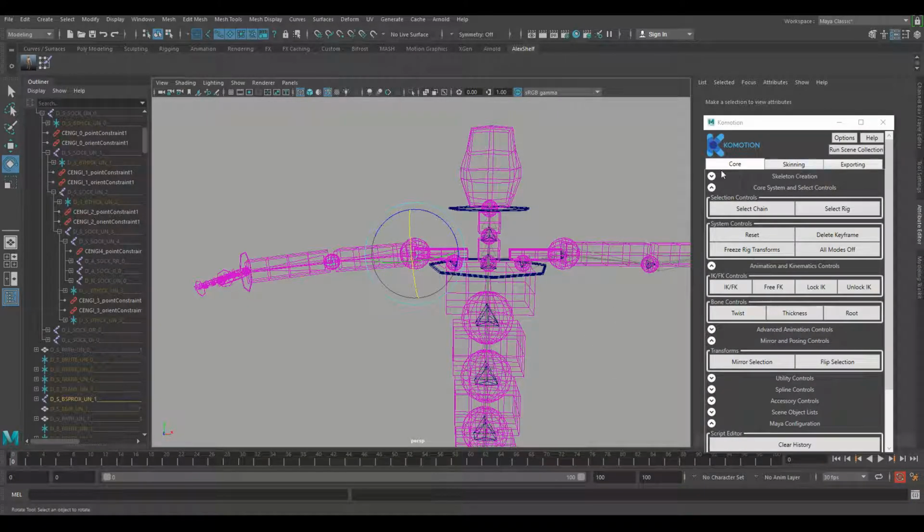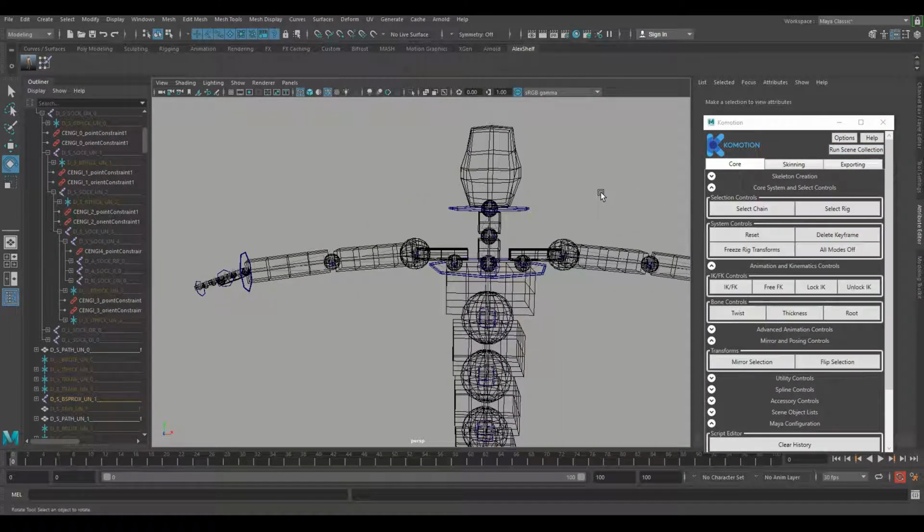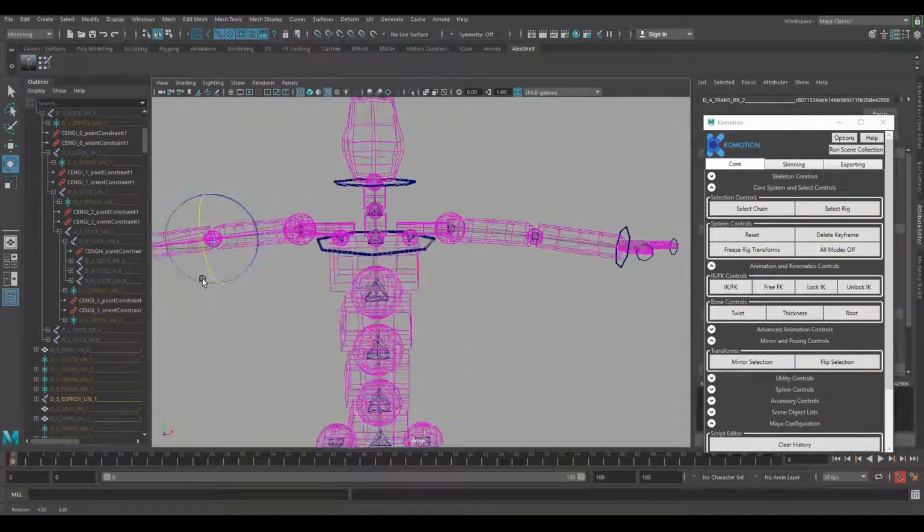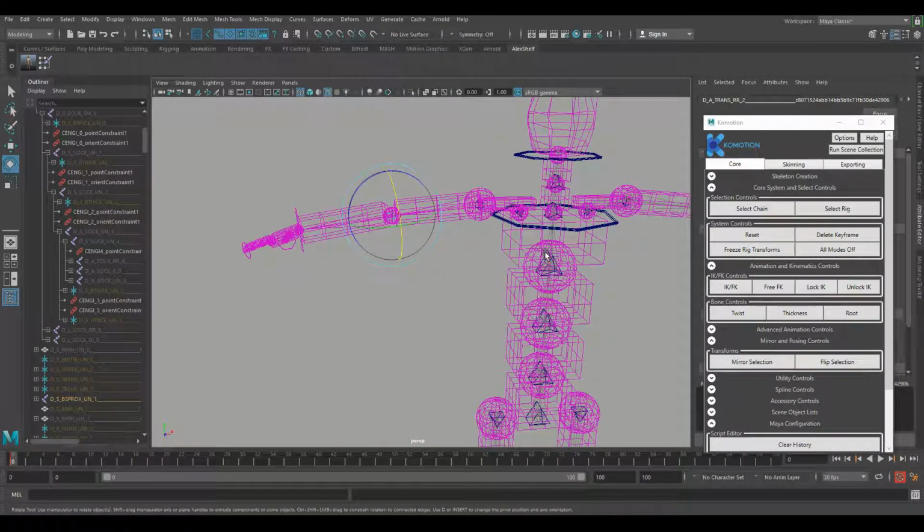Oh. I must have restarted the thing. Let's try it again. There we go. Yeah, I think I restarted the thing. Okay, so then